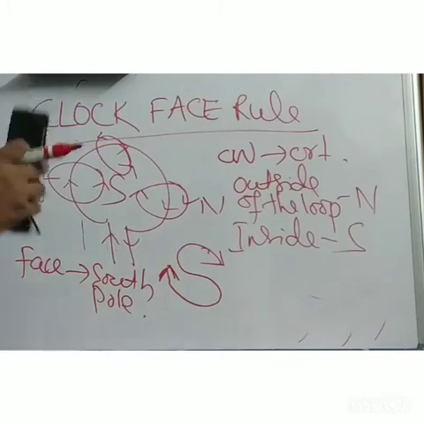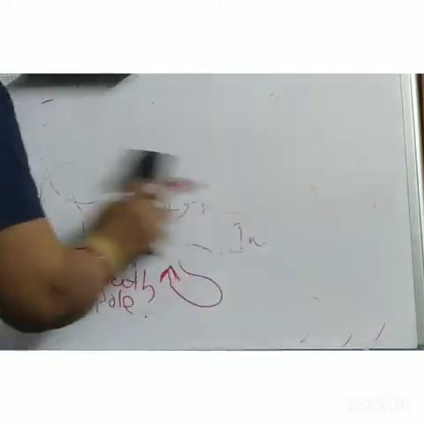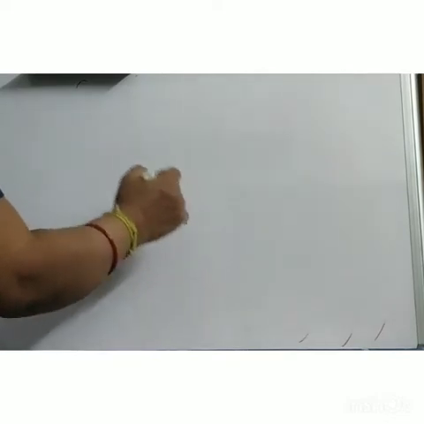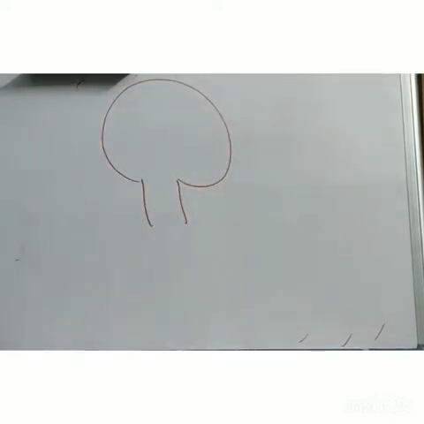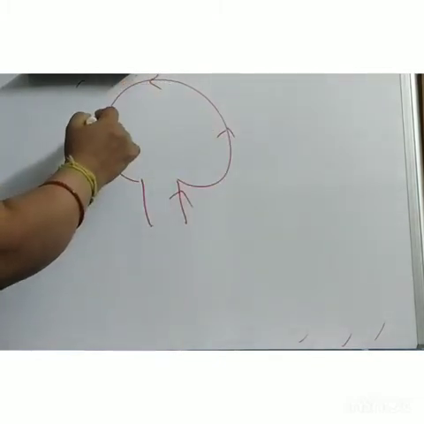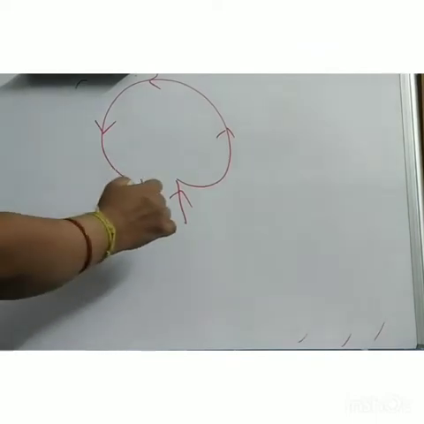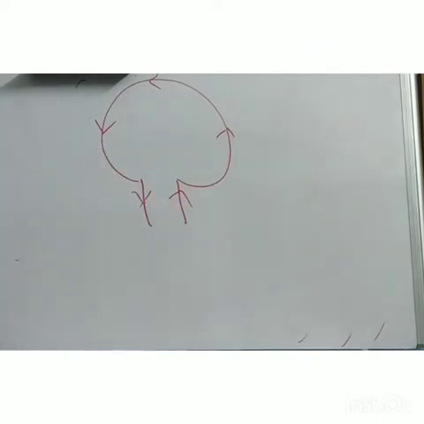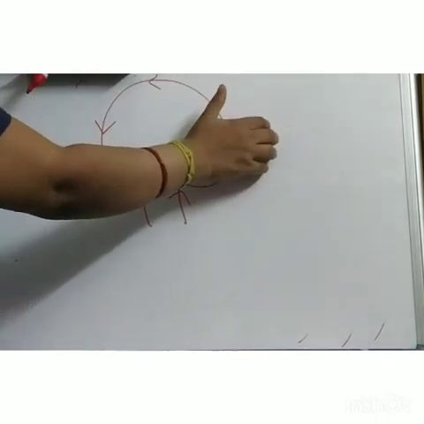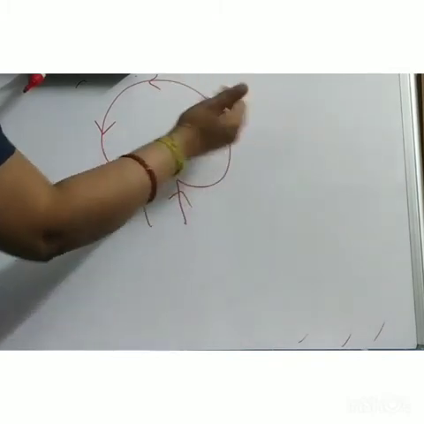Now we will try to understand in case of anti-clockwise current direction. What will happen? Now we will try to visualize. In case of anti-clockwise, so this is your loop now. So anti-clockwise means it will go like this. Now again at each point apply your right hand thumb rule. So what you will observe? Hold the thumb: going inside, coming out, going inside, coming out.